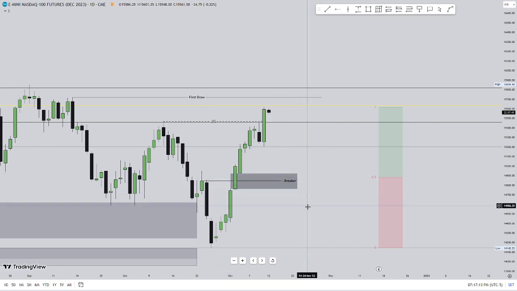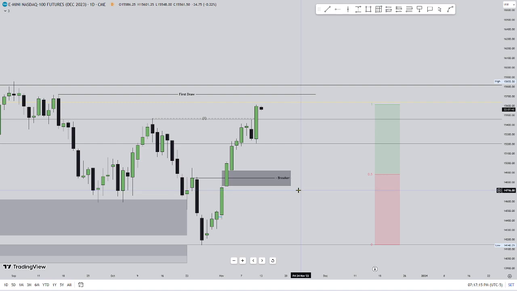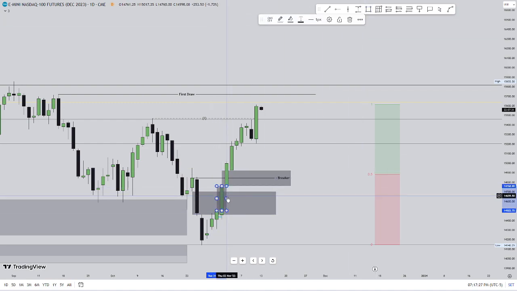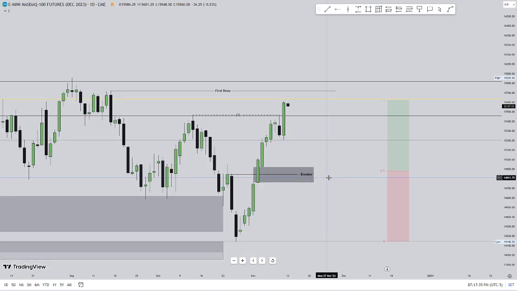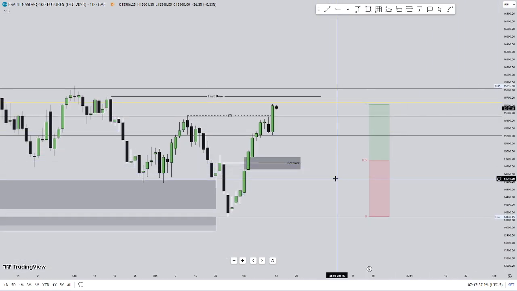So that plays a big part. And that's what I see right now. We do have a balanced price range right here that is trading inside this other fair value gap. So we have this. And then, as you notice, we have this bullish fair value gap. So we can expect price to come down right into here. What I want to see is price come down to there, yeah, I would like to see price go even lower.